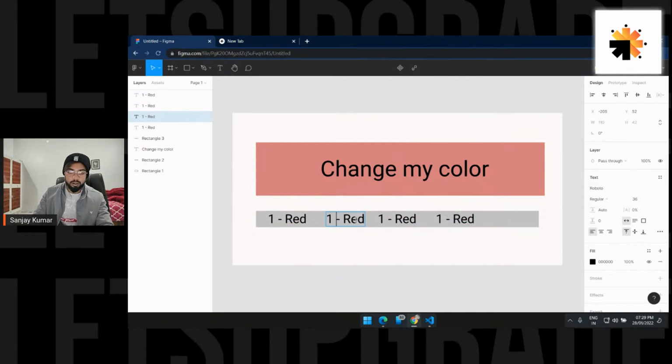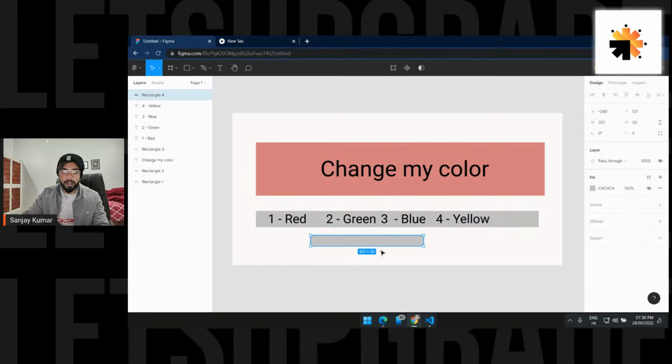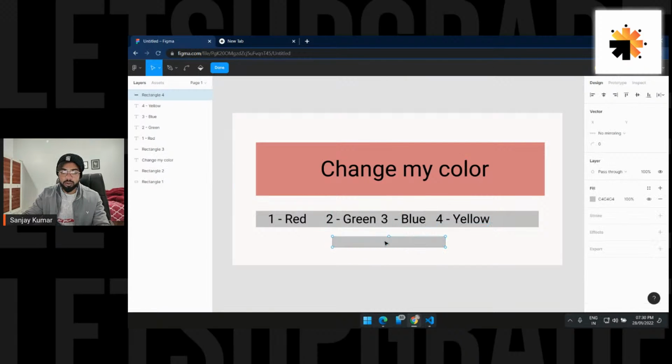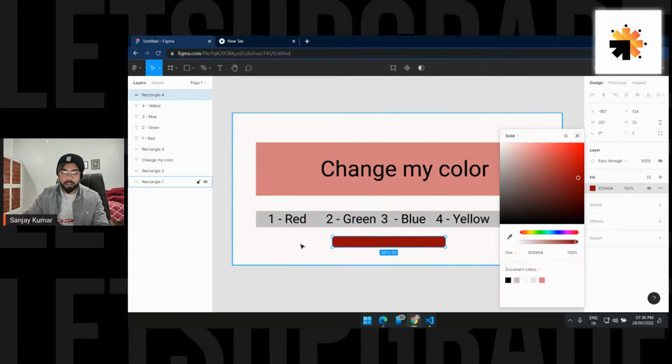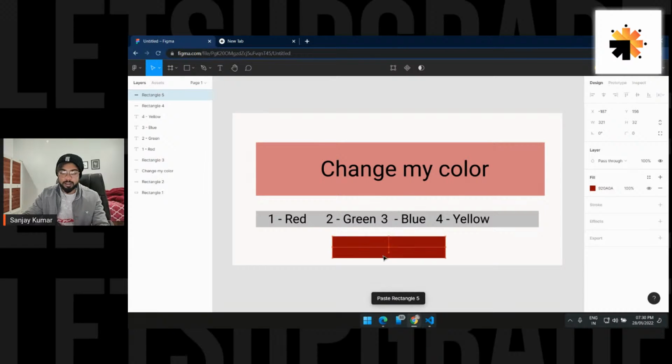Two is green, and similarly three is some color like blue, and fourth is going to be, what's your favorite color? Let's go with yellow. So the user is going to choose a number by entering the number in the input field. So this is going to be your input field, and you have to make a button here, and when the user presses the button, so this is going to be your button,